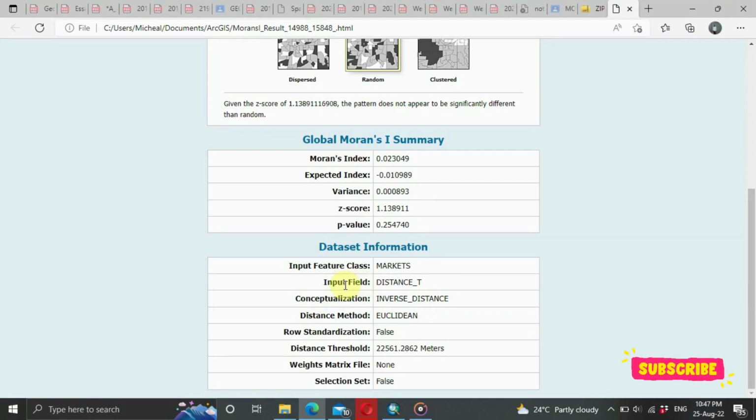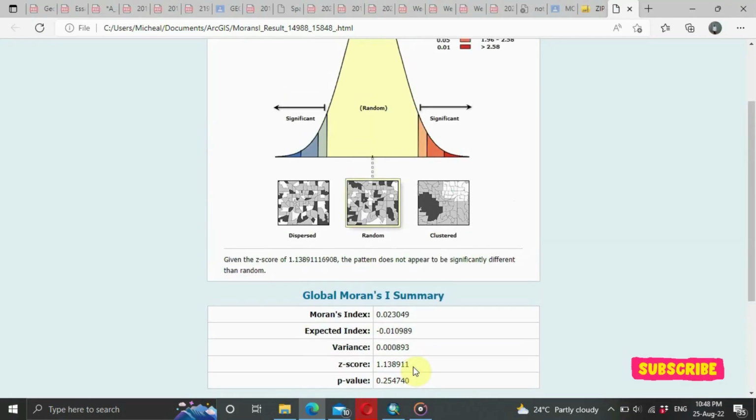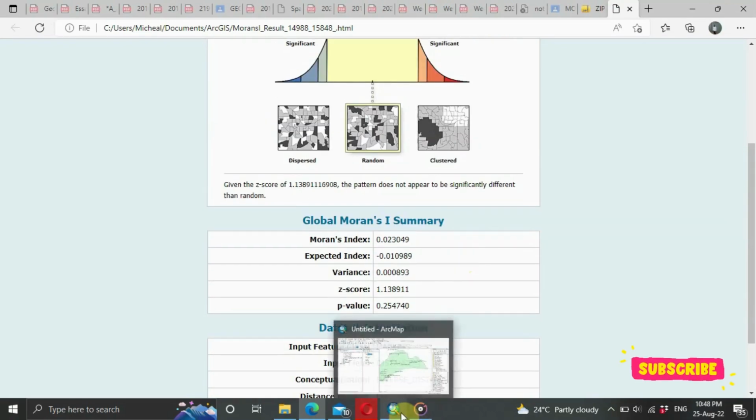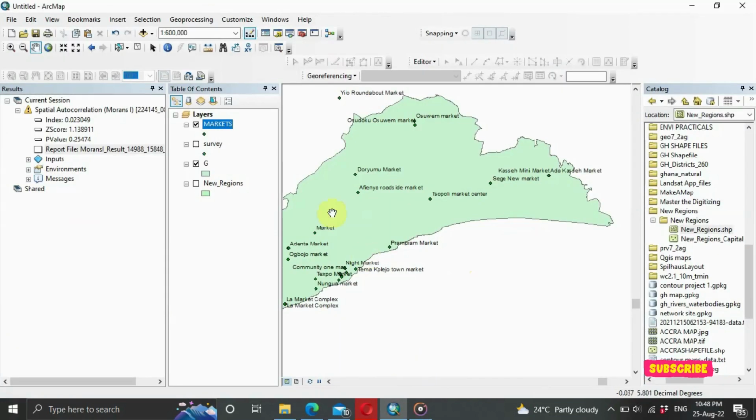And then we also have the input field, that is the distance. And then we have the decline, and then what have you. So this is basically what the spatial autocorrelation means, and this is how to perform it using the ArcGIS or the ArcMap software. So this is just a general overview of